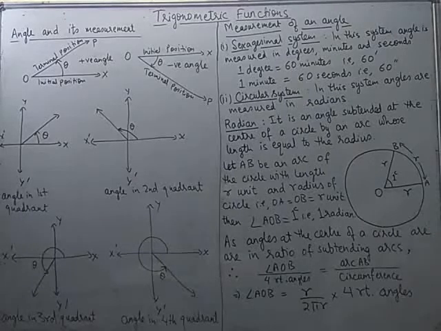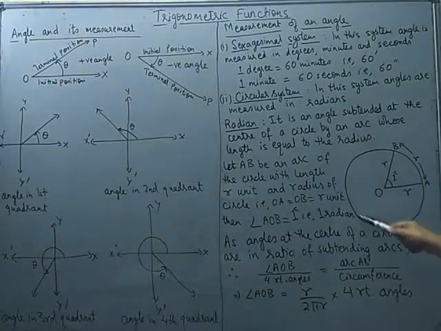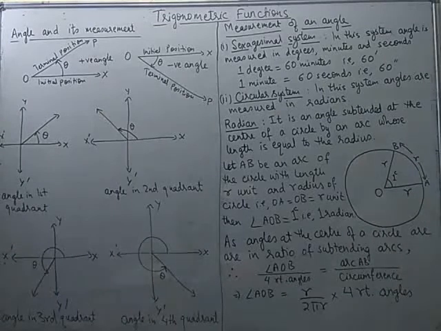So using this concept, suppose I take one of the arc length to be AB and other arc length one complete revolution. That means starting from A and reaching again A. That means the arc length is equal to the circumference of the circle, which is 2 pi r. And we know very well, if the arc length will be 2 pi r, then the angle subtended will be 360 degrees, because we will take a complete angle of 360 degree.